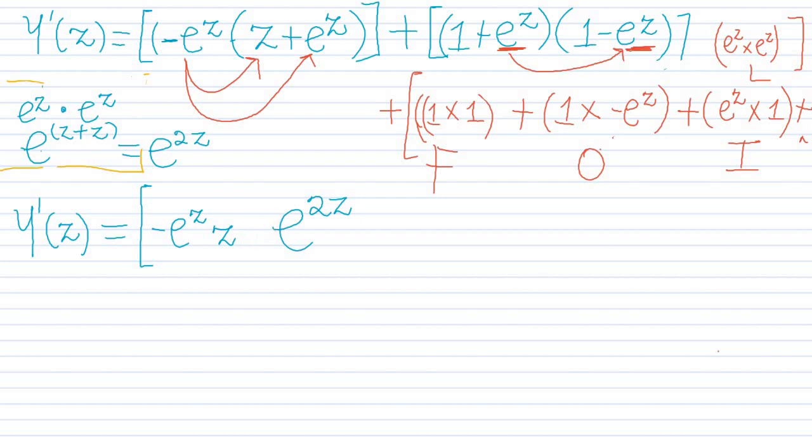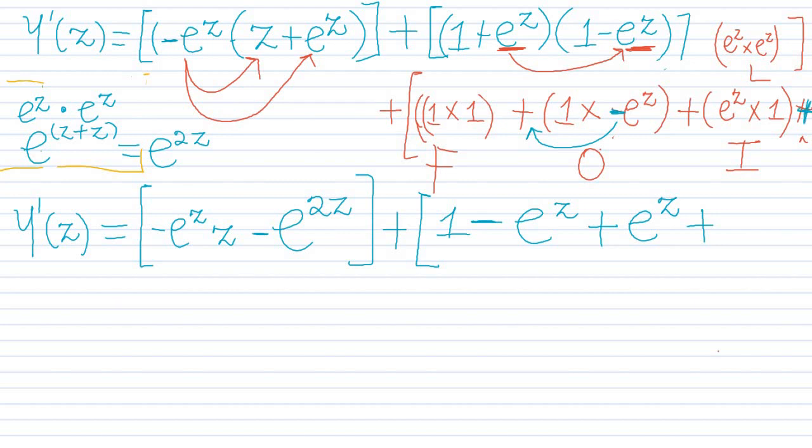It's a little bit too shaded, so yeah. So yes, plus now let's do the FOIL information. 1 times 1 is 1, so 1 plus 1 times negative e to the z is the same thing as negative e to the z. This negative times the positive here would be negative, so negative e to the z plus e to the z times 1 is basically e to the z, the inners, then the last will be plus e to the z multiplied by e to the z, which is the same thing as e to the 2z. Yay! So the answer here will be y prime of z equals,